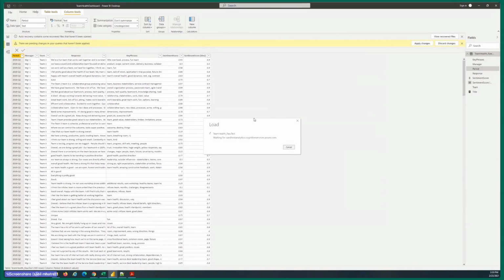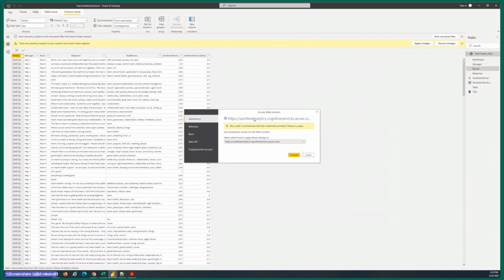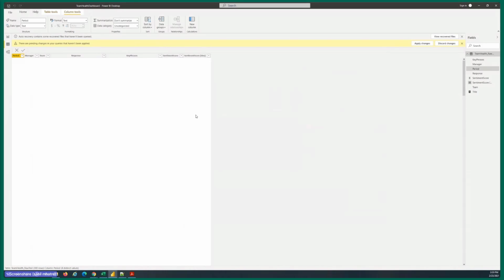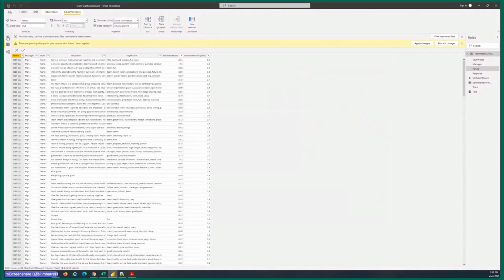It's going to reach out to the Azure Cognitive Services APIs. Load those columns. Aha, I think I know why. Because after the last demo, I had changed the API keys. So I need to change those API keys over here.